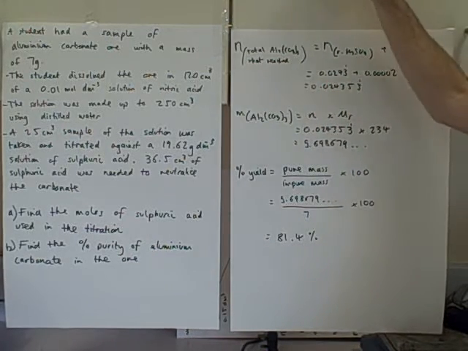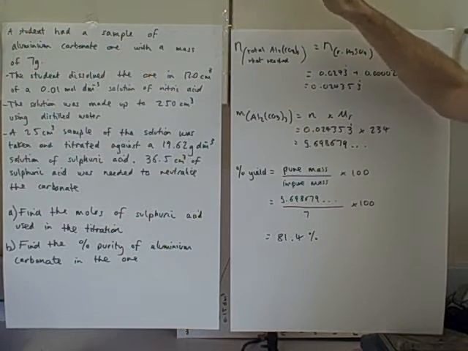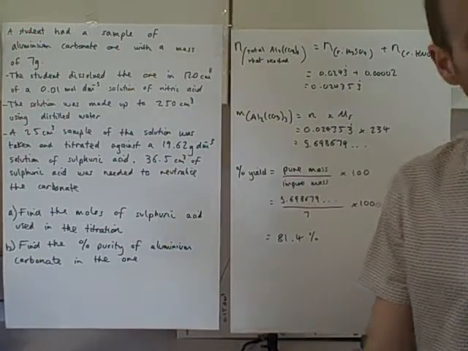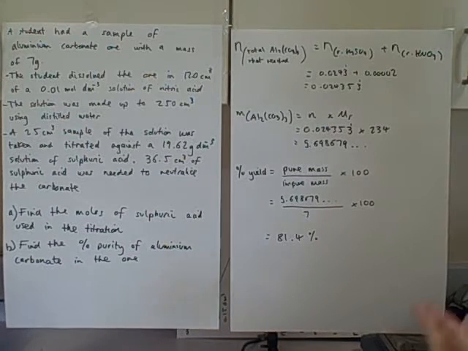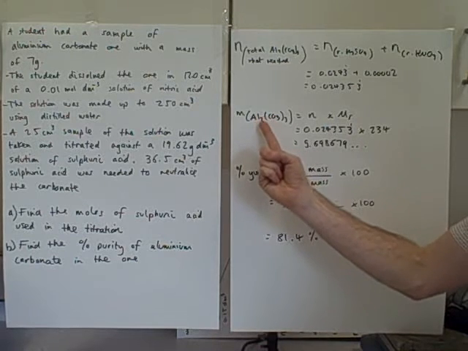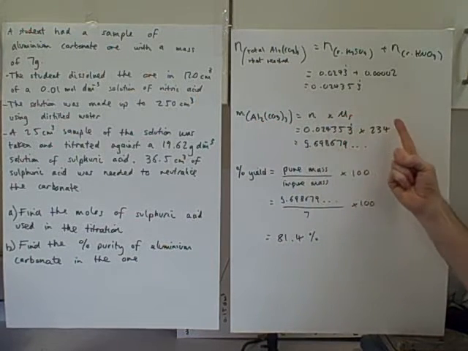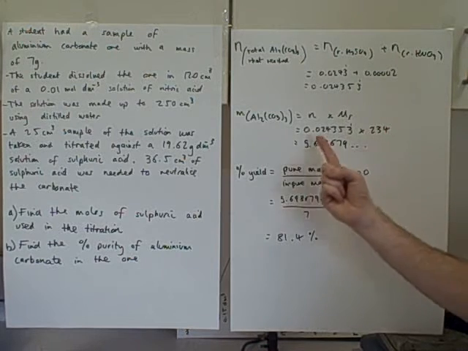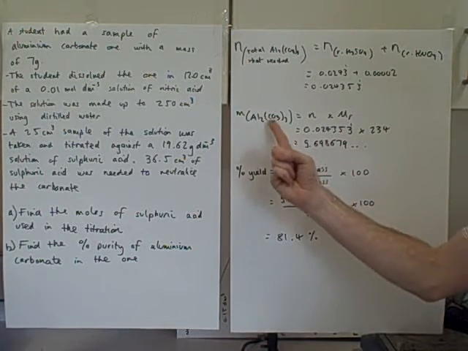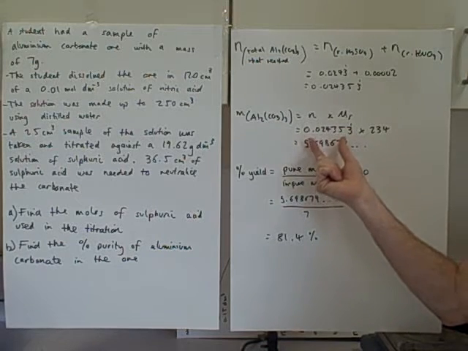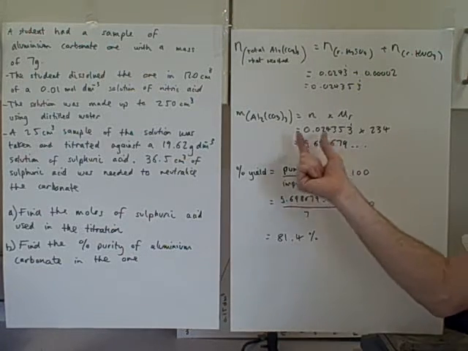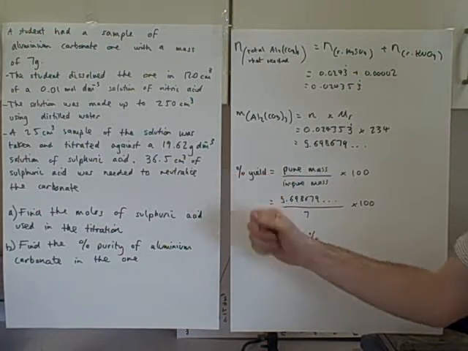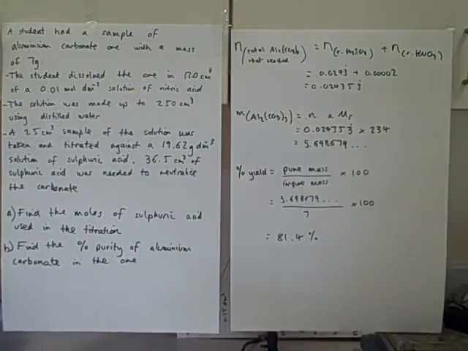The next bit is the second moles equation, which always starts with what you're trying to find out. But remember, with percentage purity, what we're really trying to find out is the pure mass. So that's going to start: mass of aluminium carbonate equals moles times Mr. Get the Mr from the periodic table, again bang it in a calculator and you'll get this mass of aluminium carbonate. All we then need to do to get our final answer is stick that in our percentage purity